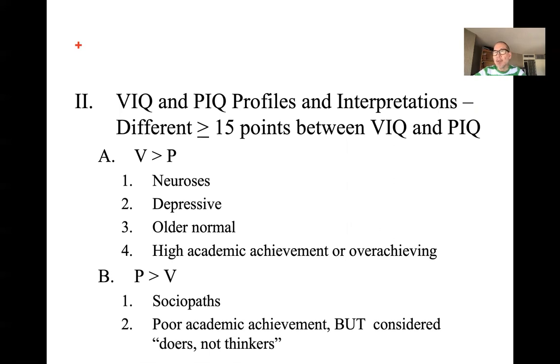of their overall IQ. Now, what's striking is when they're significantly different, and they're significantly different if they differ by more than 15 points. But what does it mean if one is significantly higher than the other? Well, it depends. If verbal is significantly higher than performance, it generally means, obviously, that their verbal abilities are stronger than the visual spatial ones. It may also